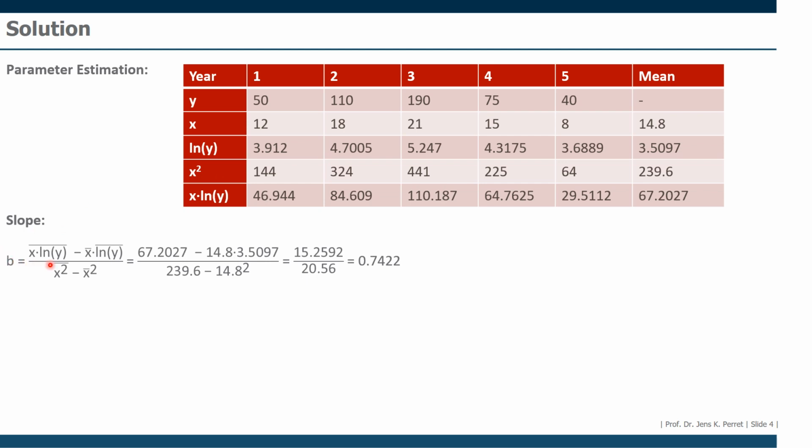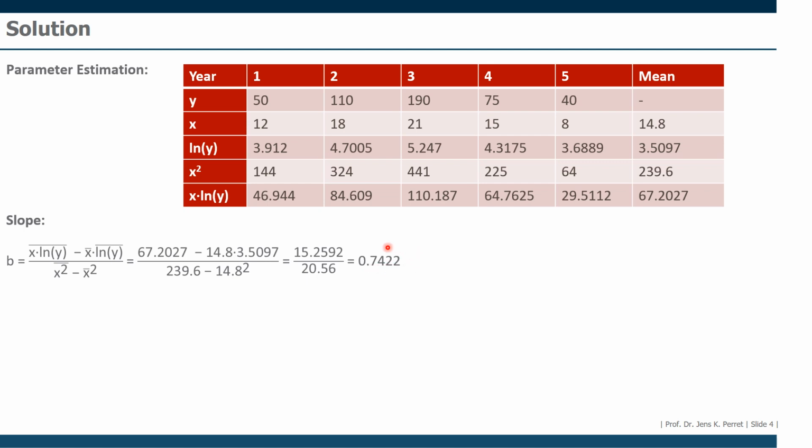So this part up here, that's already the covariance, and I'm going to divide it by the variance of x. The variance of x I can get with the average of x squared, which is here the second to last row, the 239.6, minus the average of x squared, so minus the 14.8 squared. I'm going to put all these numbers down here, enter them into the calculator, yielding me a result of